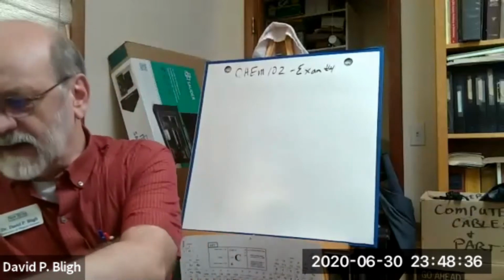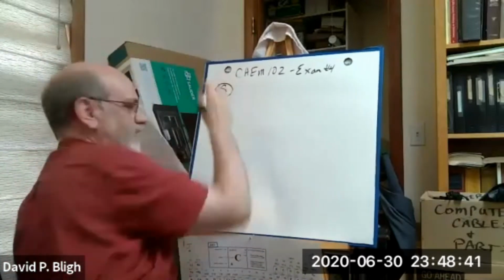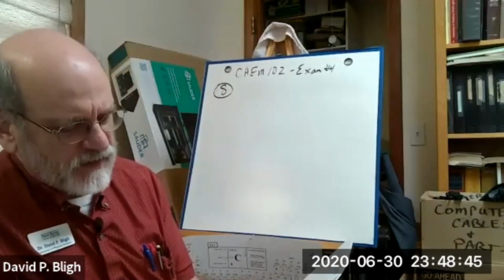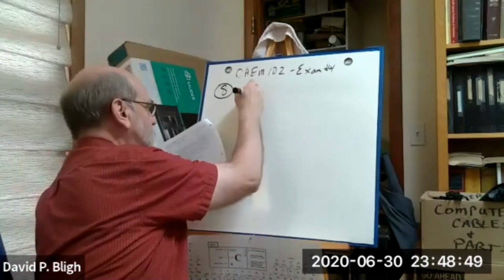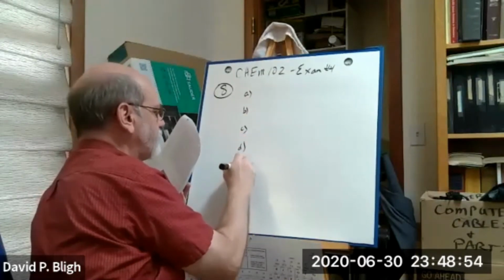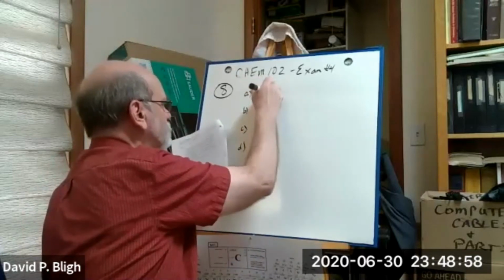All right, number 8. Here we go. Number 8. Which of the following solutions contains the strongest acid? All right. So we have 5 molar